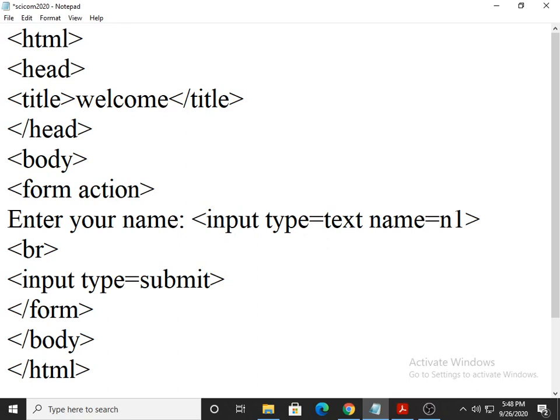The action attribute clarifies that whenever somebody fills up the form and submits it, all the filled-up data is required to be submitted somewhere. For example, if I write here action is equal to yahoo.com/abc.xls, I am saying that I am the developer of this form, and when the person fills up the data and submits the form, that data will be transferred to the server of Yahoo, and in the server of Yahoo the data will be stored in abc.xls.